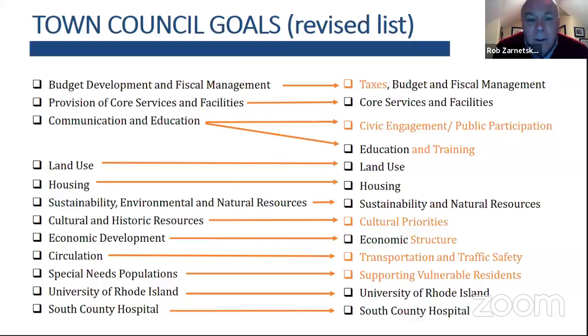The education piece, in our two objectives related to education, it's really two things. Better communication with the school committee and figuring out what we're going to do in the face of declining student population. Those are the only two objectives related to education that we've had over the last several years. In the recent joint work session with the school committee, a number of others have come up, and I'll get to those later because those were sort of draft suggestions that came out of your work session with the school committee. But I think there's something broader there.